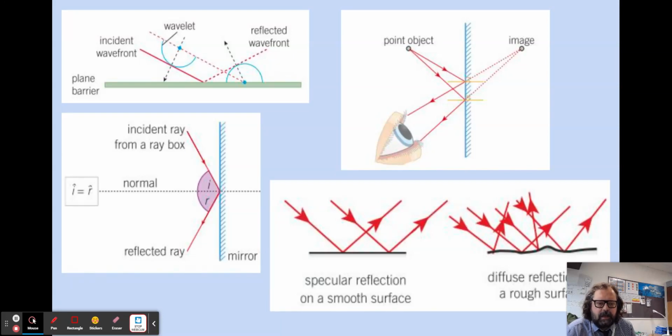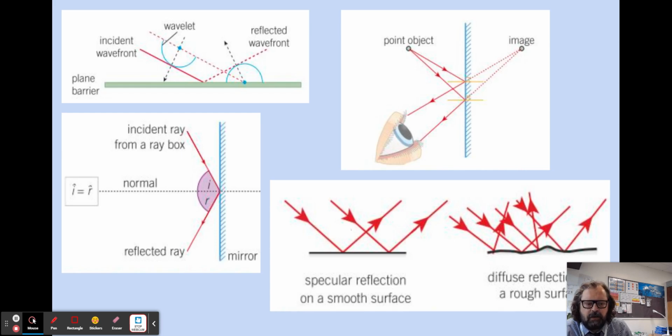Okay, a little bit more detail on reflection in this slide, and remembering the law of reflection, that an incident ray that's being shone onto a mirror will be reflected at the same angle. We say the angle of incidence, angle I, is equal to the angle of reflection, angle R. This explains why on a smooth surface,